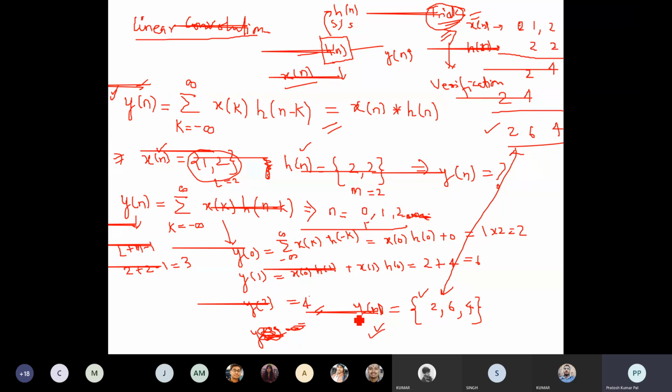Next we will see how we can calculate the circular convolution. Up to here we will close it. In the next class we will see the circular convolution, because it is going to be a lengthy one. We will close for 2 days, and from the next class onwards we will start with circular convolution.